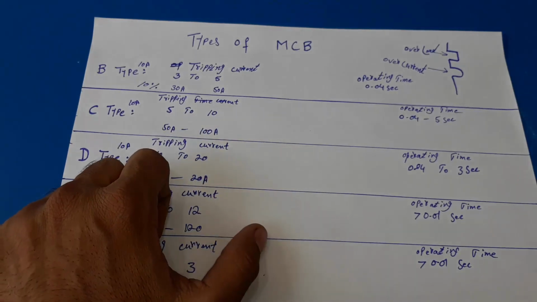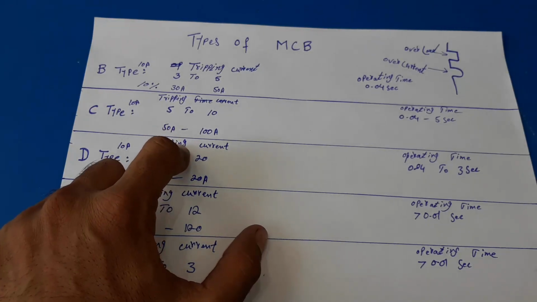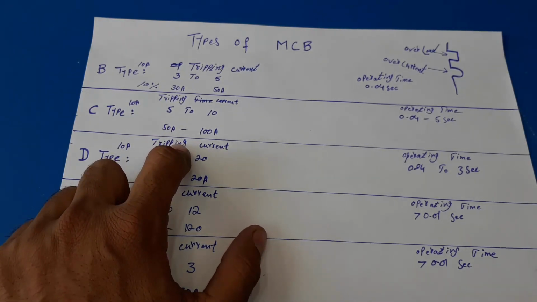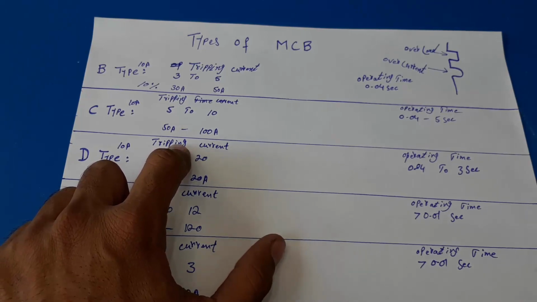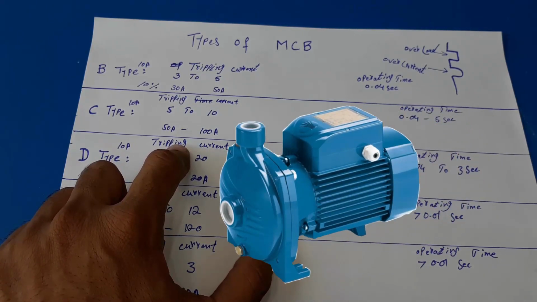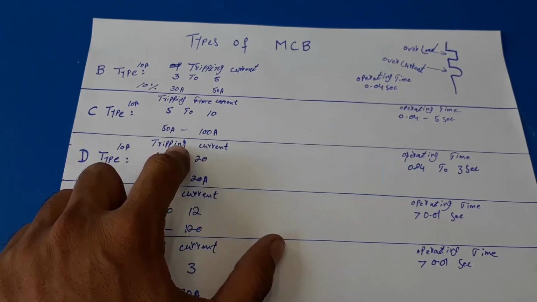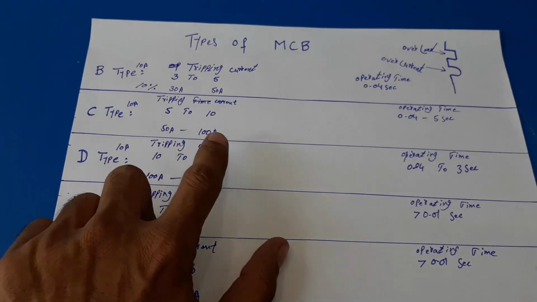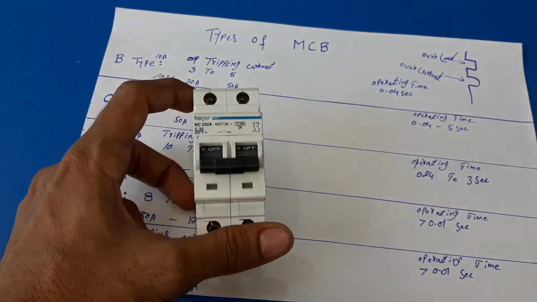This is used in commercial or industrial applications where there could be a chance of higher values of short circuit current in the circuit. The connected loads are mainly inductive in nature: inductive motors or fluorescent light applications, small transformers, lighting, pilot devices and control circuits, and other coils. This one is a C-type MCB.